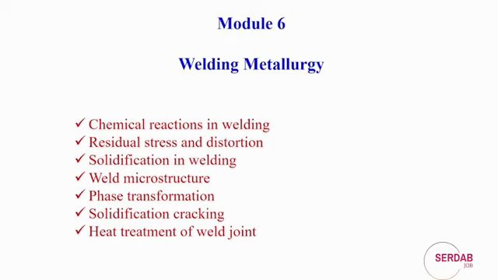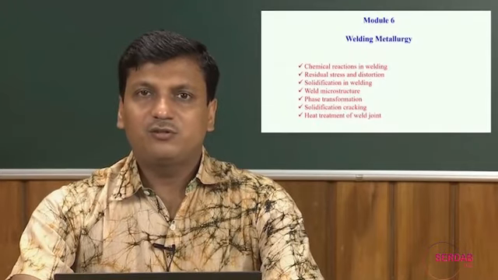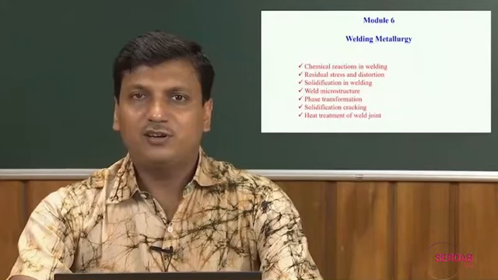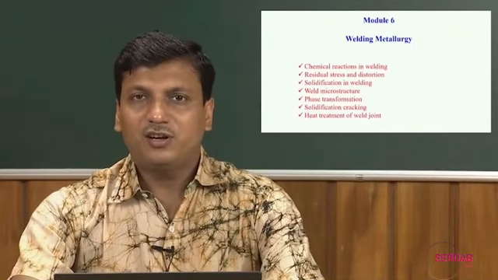So, in this module, welding metallurgy, we will try to cover, first, the chemical reactions that happen in the welding process. Second is one of the most intricate parts of welding, residual stress and distortion, which is the most serious problem, and of course, residual stress and distortion have a link with the metallurgical changes that happen during the welding process. And then we will try to get a basic fundamental understanding of solidification,